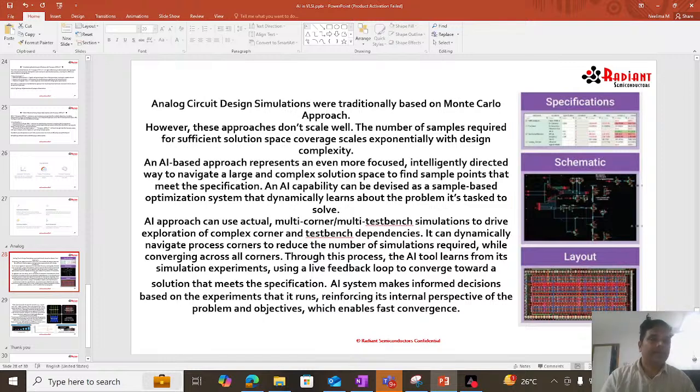An AI-based approach represents an even more focused, intelligently directed way to navigate a large and complex solution space to find sample points that meet the specification. An AI capability can be devised as a sample-based optimization system that dynamically learns about the problem it's tasked to solve. The AI approach can use actual multi-corner, multi-testbench simulations to drive exploration of complex corner and testbench dependencies. It can dynamically navigate process corners to reduce the number of simulations required while converging across all